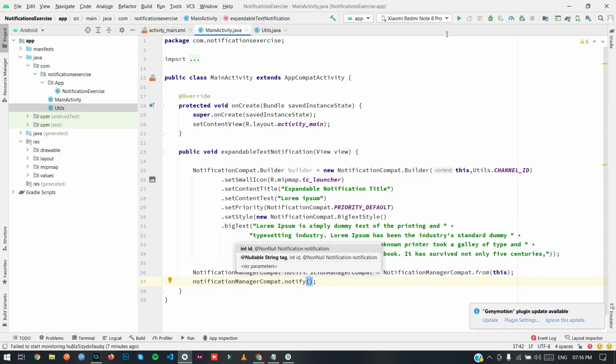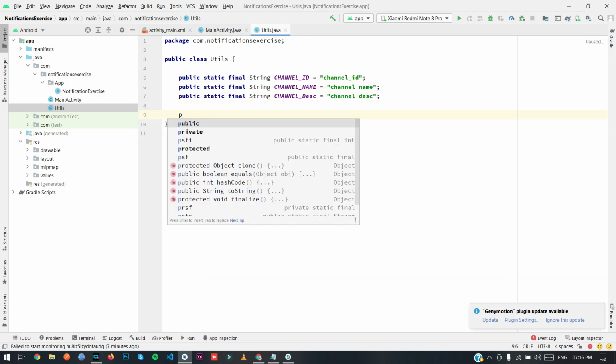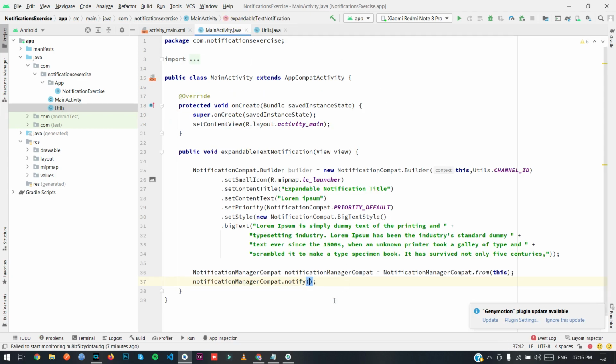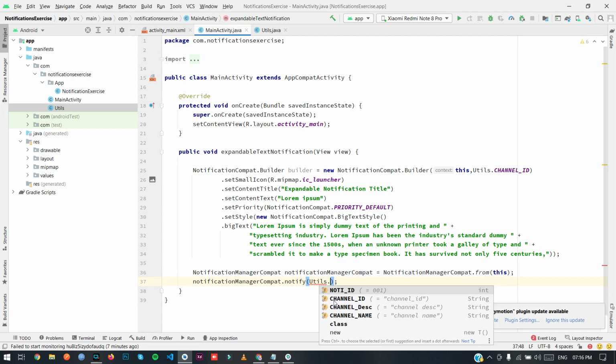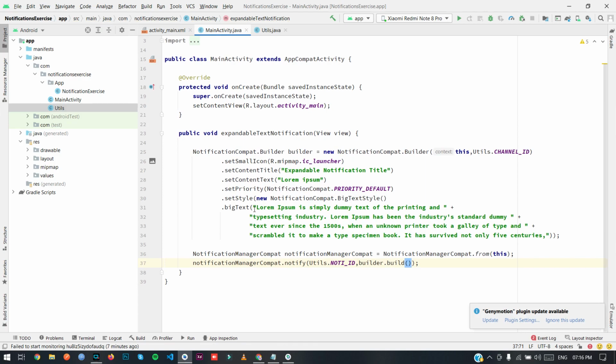Now we need a notification ID here, so we will create a notification ID, public static final int NOTIFICATION_ID = 001, Utils.NOTIFICATION_ID, and then we will set a notification to it. So the expandable notification with text is created now. Let me just run it and show you.